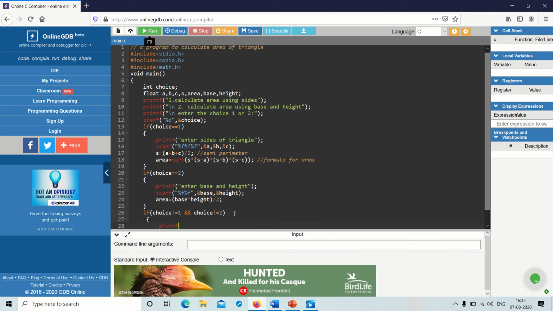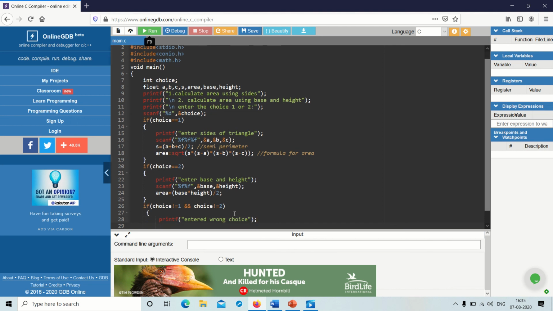Then I am just printing the statement, entered wrong choice, or you can type such as entered a wrong number, whatever you wish.